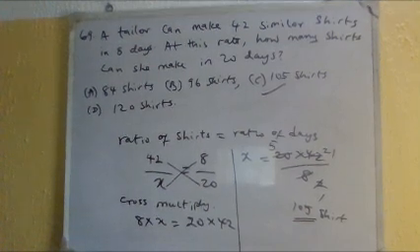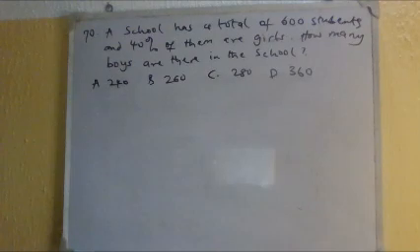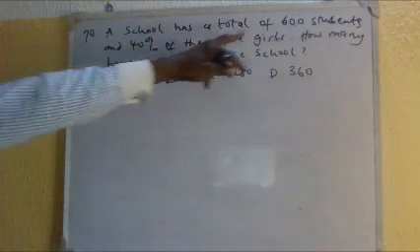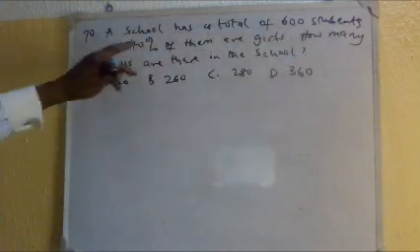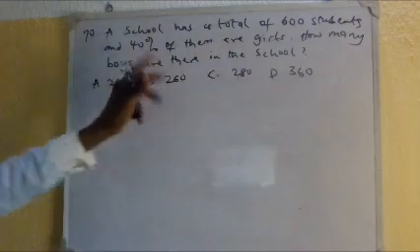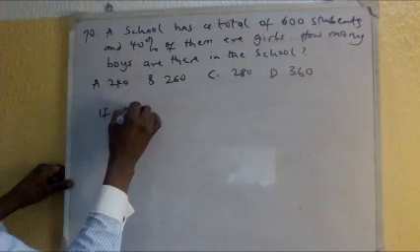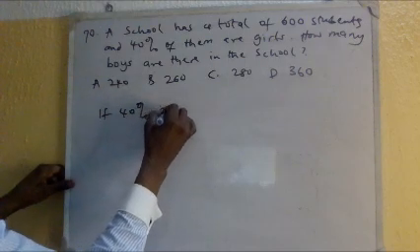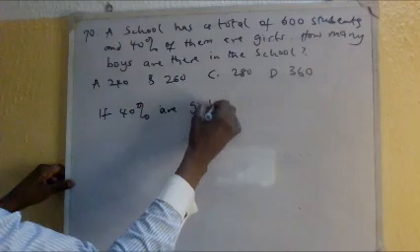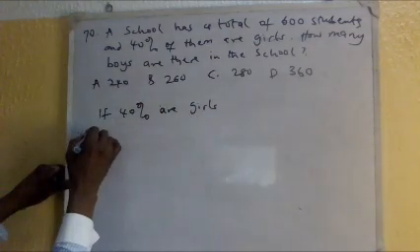Okay, so number 70 says a school has a total of 600 students. 40% of them are girls. How many boys are in the school? So if 40% are girls, therefore the percentage of boys